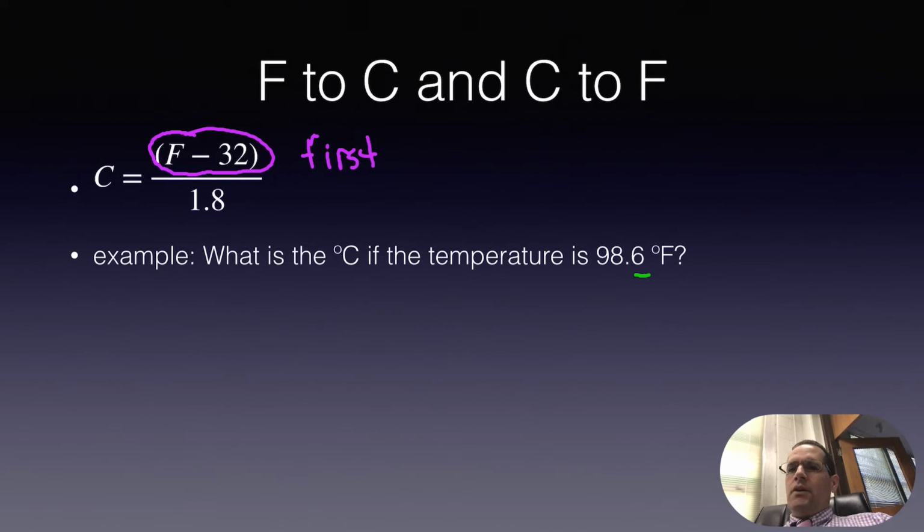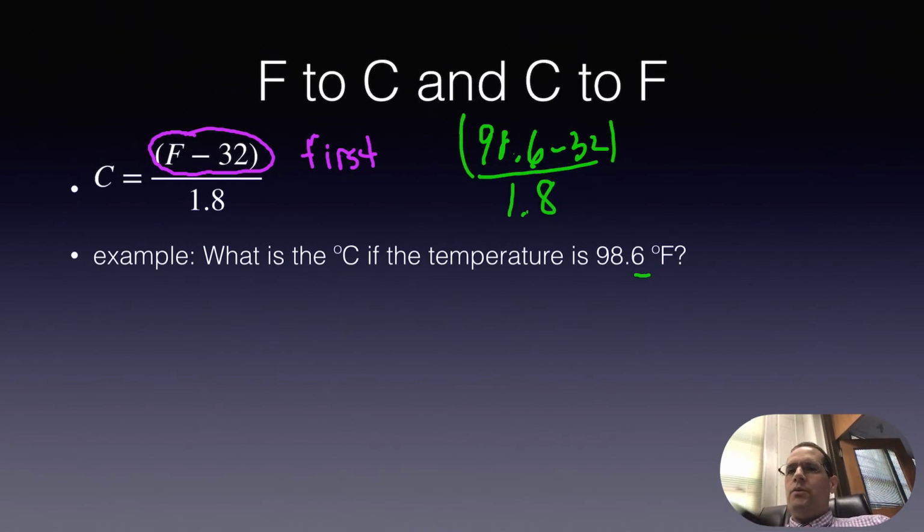So let's go ahead and plug that in. We have F minus 32, which is going to be 98.6 minus 32, and we're going to divide that by 1.8, okay? And I even put parentheses in there so you would know what to do first. So grab your calculator and type 98.6, subtract 32, and hit the equal key, all right, or the answer key, and I get